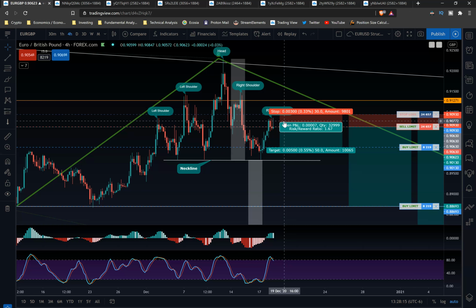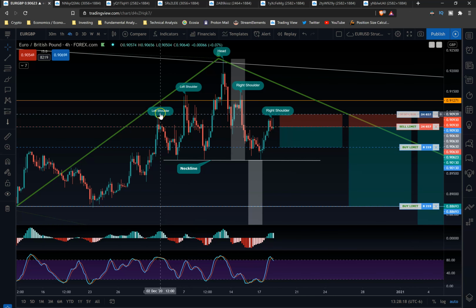So like I said, I see a complex head and shoulders pattern where we have left shoulder, head, right shoulder, and another potential right shoulder, and a very clean neckline. To play the head and shoulders pattern properly, I should wait for the break of the neckline in order to get in the trade. But I did a measured move of the head and shoulders pattern, from the top of the head to the neckline, and